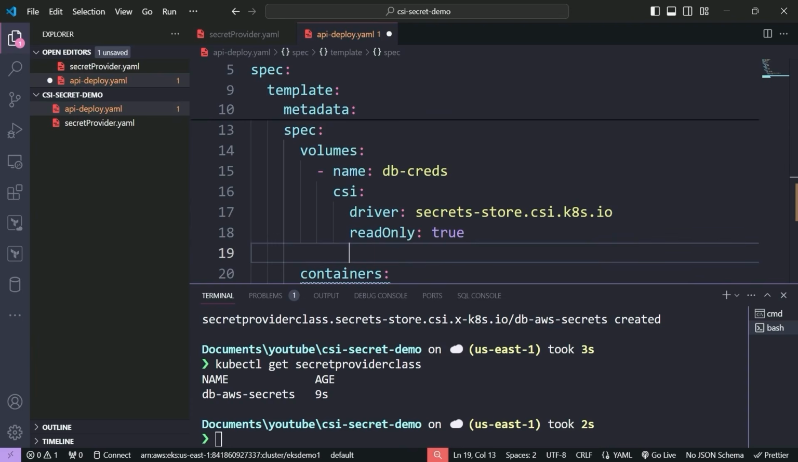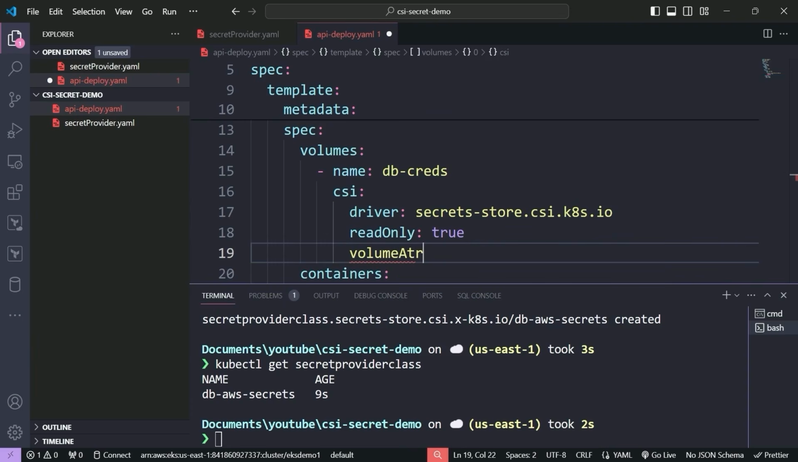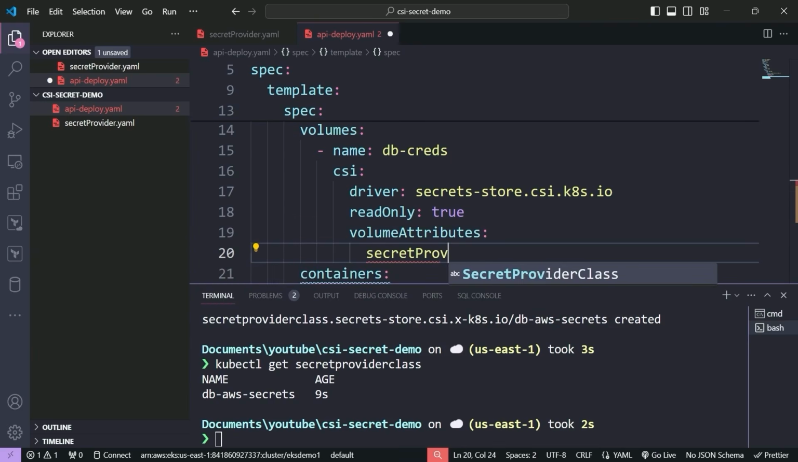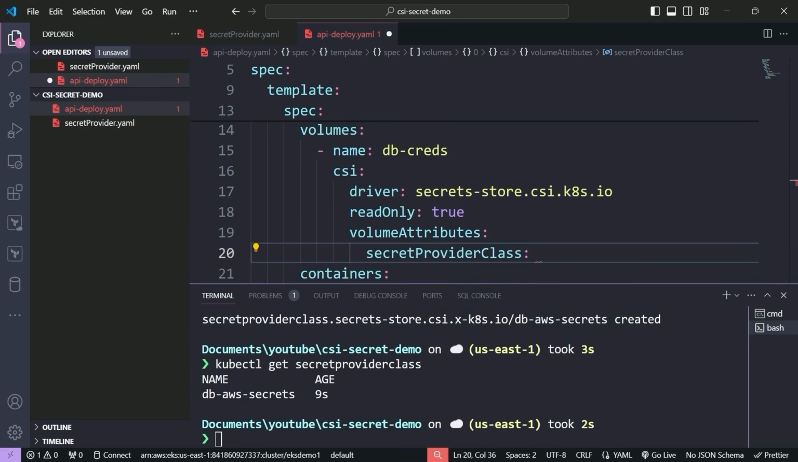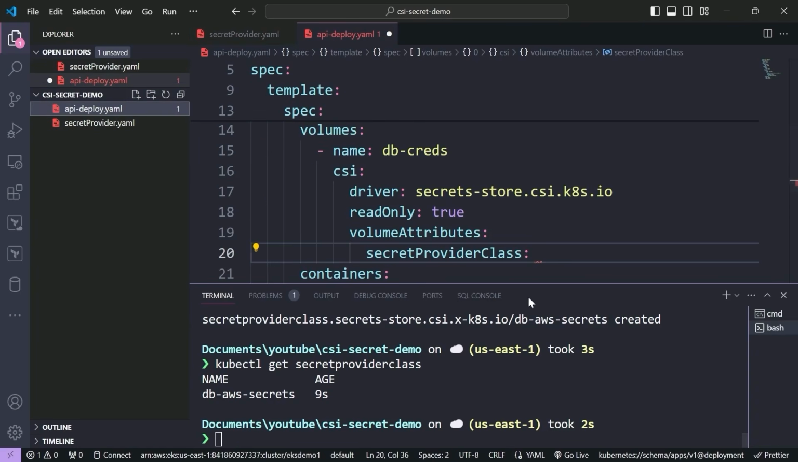And then a few other things, which is volumeAttributes. And then we'll say secretProviderClass. And this is going to reference the provider class that we created here. So we can just copy this name and paste it here. All right, so we've got our volume, and obviously once we define our volume, we have to then mount our